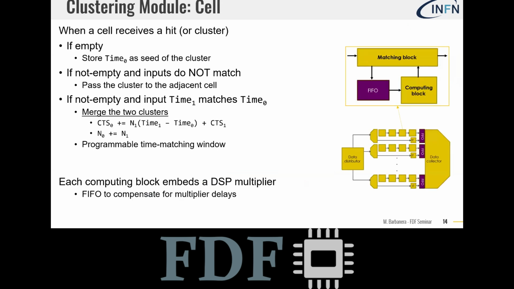The cells themselves are the ones that perform the clustering and can do one of these three things. If they are empty, they just store the time in input as seed of the cluster. If they are not empty, they have to check if the cluster in input matches or does not match the time window from the seed. If they do not match, the cell just passes the input cluster to the next cell. If they do match, they merge the clusters by summing their number of hits and summing their cluster time sum with an actual